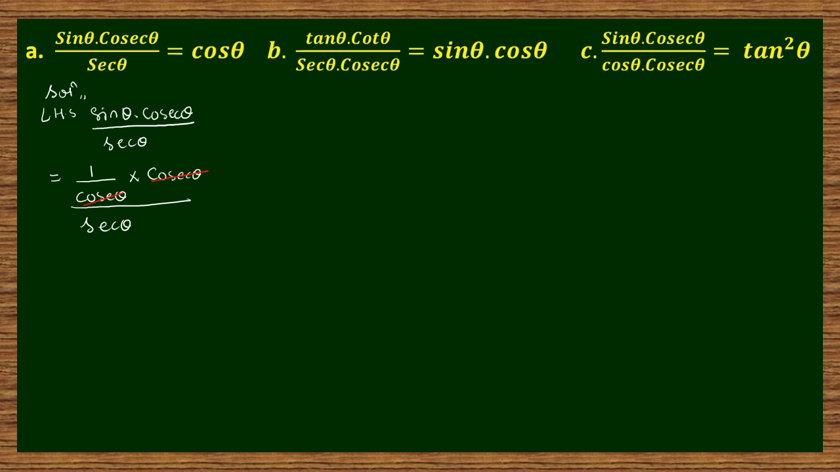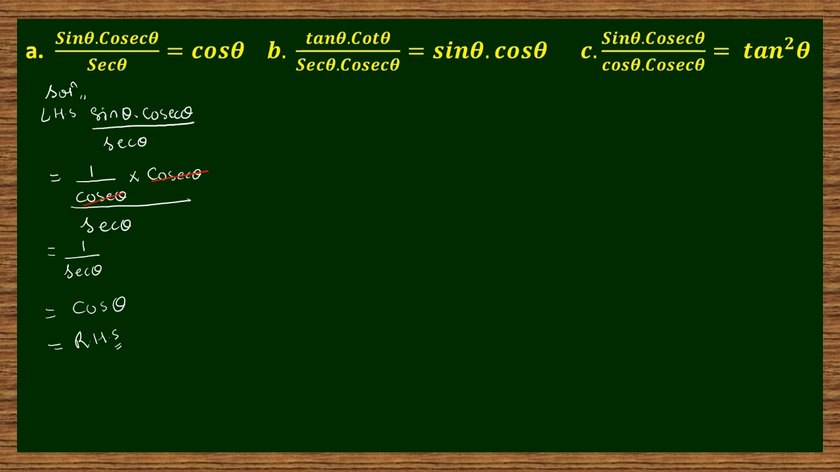by 1 divided by cosec theta. So 1 by 1 is again 1, so we can directly write 1 by sec theta. So we know that 1 by sec theta is equal to cos theta. So this is our remaining answer, that is RHS proved. So now let's come to the second question. We have tan theta multiplied by cot theta divided by sec theta into cosec theta equals to tan theta cos